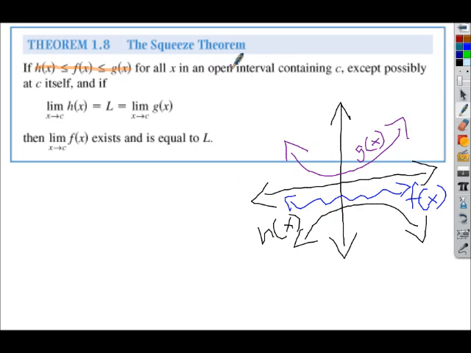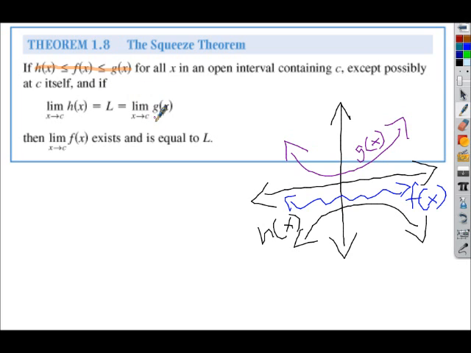So for all x in an open interval, that means we have arrows, it's continuing infinitely, containing c. So c is just some x value. And then down here it says the limit as x approaches c of h of x equals L. Well, we've seen that before. Which is equal to the limit as x approaches c of g of x. So the limit for h of x and g of x is the same at the c value. So thinking in that way, really what that's saying is that both these functions approach the same y value